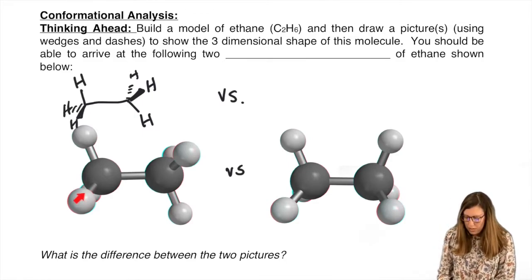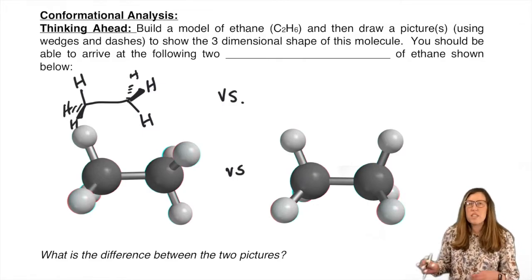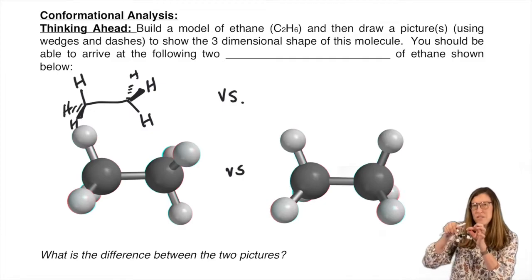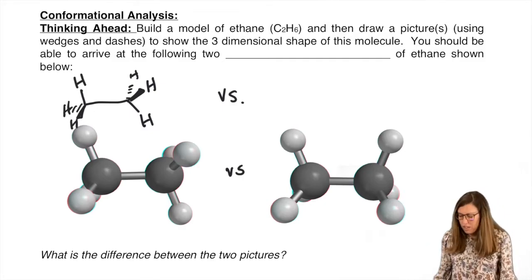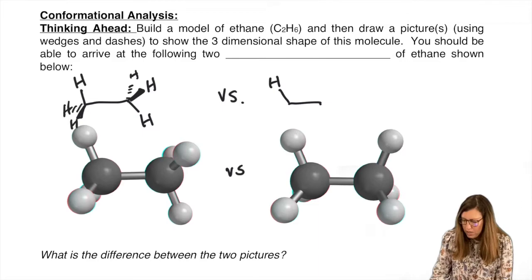Notice the one right here did not change for rotation. That makes it easier to keep one fixed, because if you're rotating them both willy-nilly, it's hard to analyze what the new change is. So if we keep one fixed and rotate the other one, then we can compare the effect of that. So notice here's my sigma bonding planar framework. There's an H in the plane, there's my carbon, and now instead of going down with the H, it's going up.